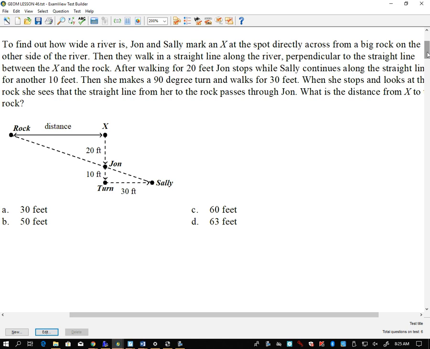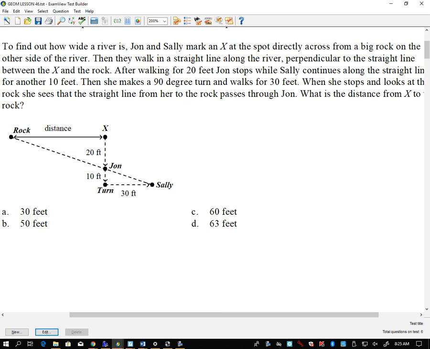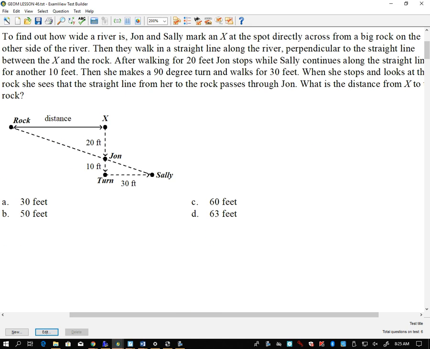Here, what they're trying to do is measure the approximate distance or the width of a river. Well, let's say we're trying to measure the length across a certain area of the Mississippi River. Do you want to swim across the Mississippi River with a rope tied to you? Do you want to get in a boat and try to go across the Mississippi River? Probably not. That's inconvenient, but we can figure it out by using similar